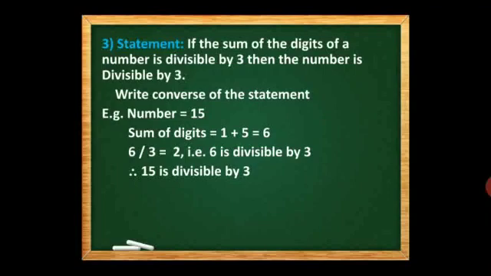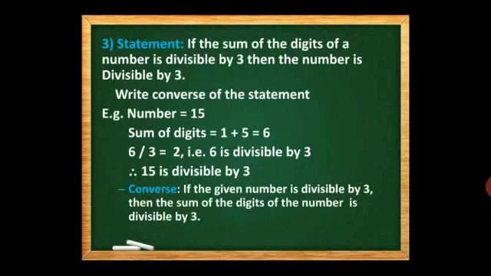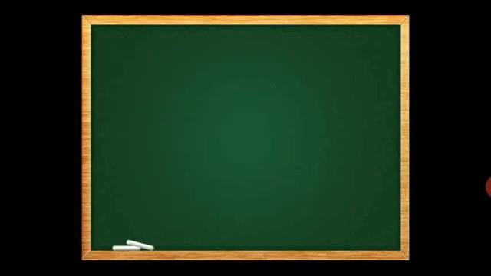Now we have to write the converse of the given statement. We know that the sum of the digits of a number is divisible by 3 comes after if. That means it is antecedent. And the number is divisible by 3 is a consequent. By interchanging these two, we will get the converse as, if the given number is divisible by 3, then the sum of digits of the number is divisible by 3. The next question is,